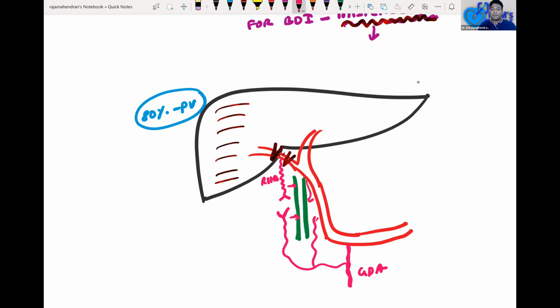Therefore, as days go on, they can develop a bile duct stricture in future. Many times right hepatic artery injuries are missed during surgery, and many times the patient comes to us after 2 or 3 years with a bile duct stricture.